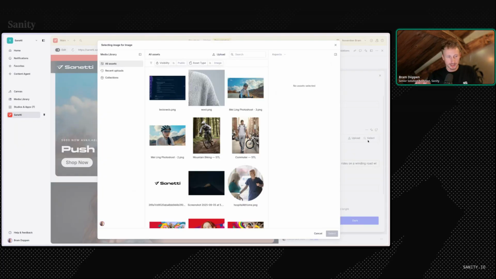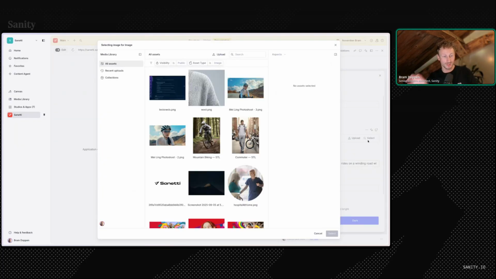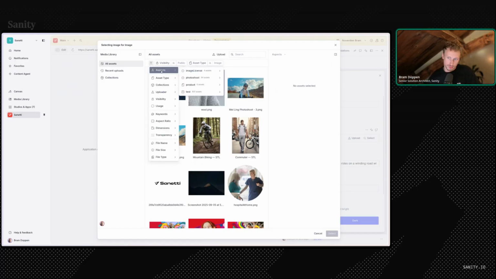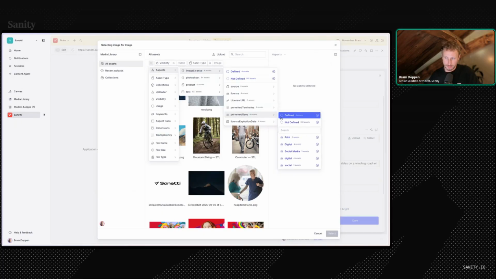And by selecting a new image, this opens the media library within Studio. And you can see that there was already some filtering done for me. So as a developer, I can specify at the image field what filters I want to be populated when someone opens this. For example, I want to have the image license that I permitted use are